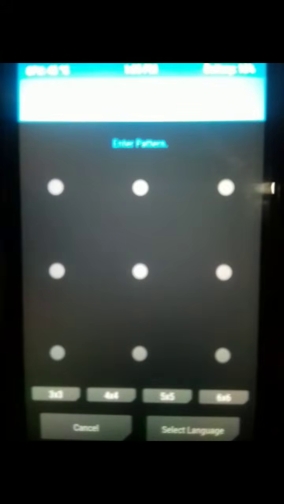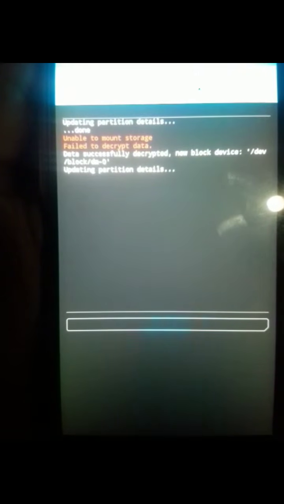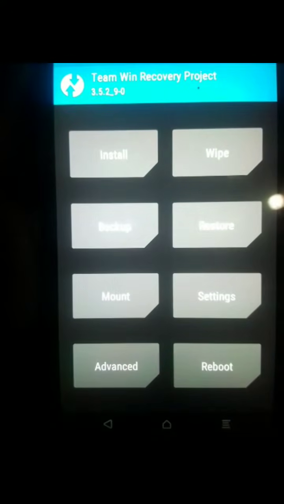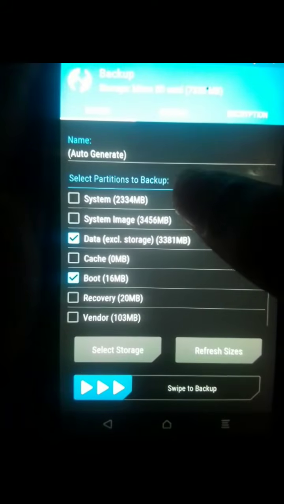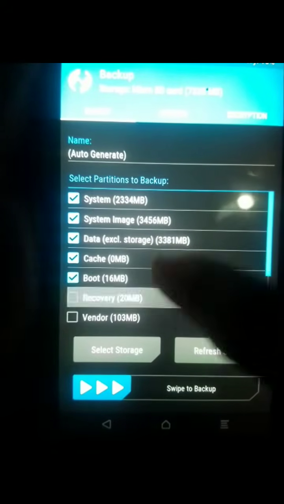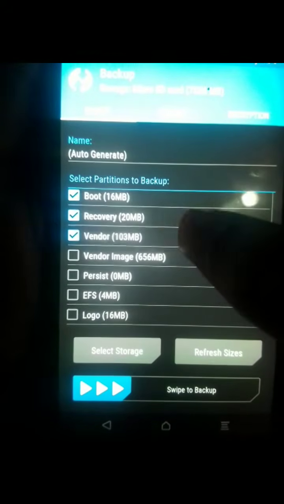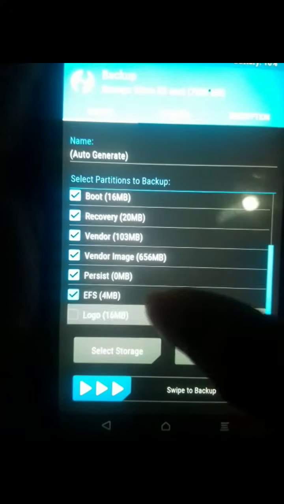Now enter your password. Now we are in our TWRP recovery. The next thing is you need to take a backup of everything on your ROM. Here I have selected every partition of my ROM like this.